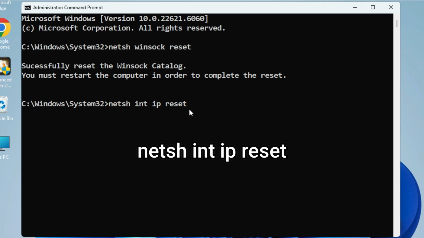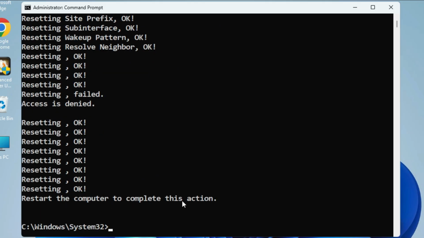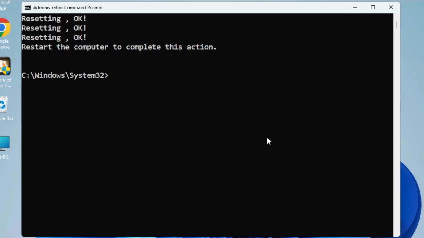This command will reset the TCP/IP stack to default settings, remove custom or broken IP configurations, and rewrite registry keys related to networking. Hit enter. Restart the computer to complete this action. I will restart later. Then type